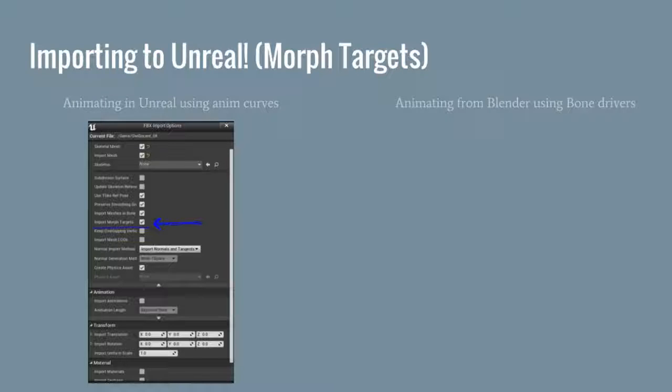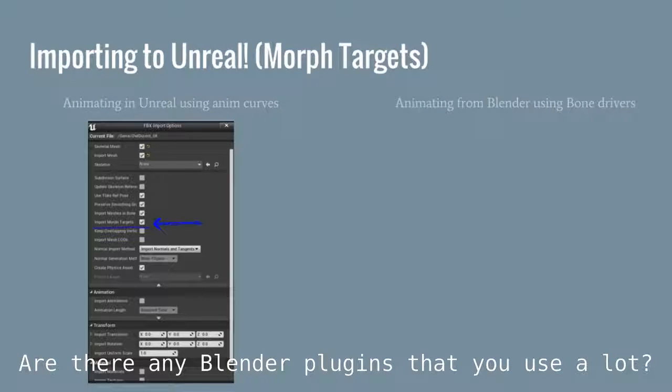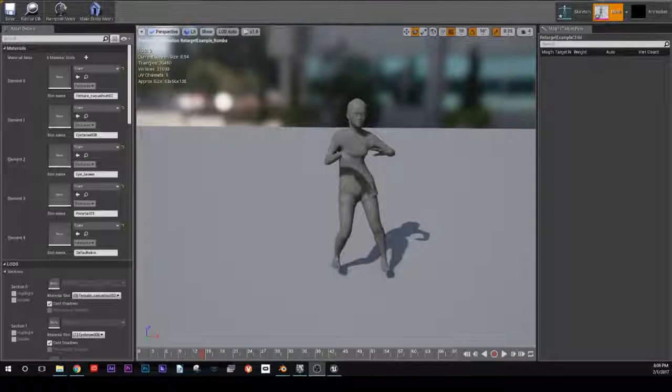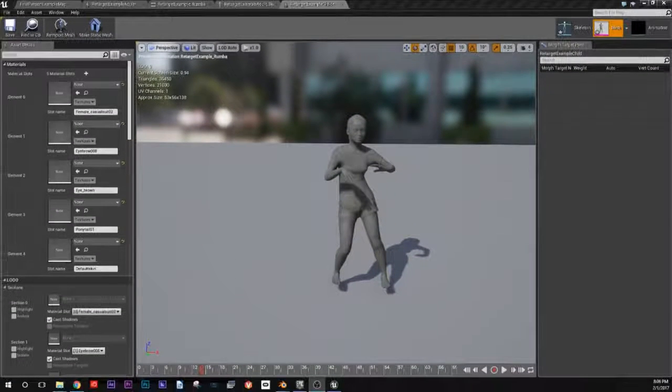I have a question first. Are there any Blender plugins that you've used a lot? So you saw me use Make Human. I referenced Make Human earlier. That was the program that I used to create these characters. I figured it's kind of similar to Mixamo, but